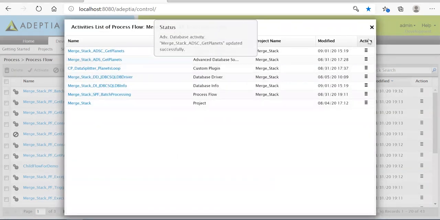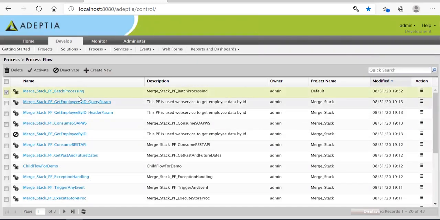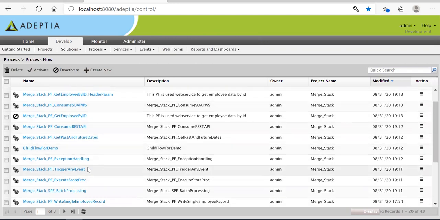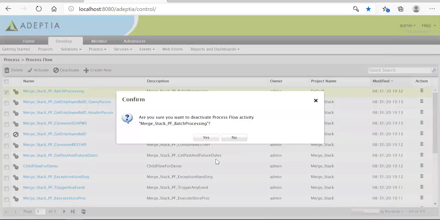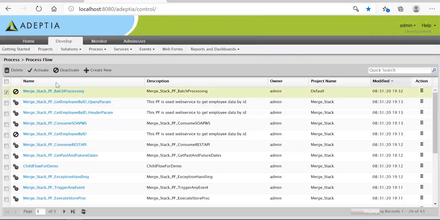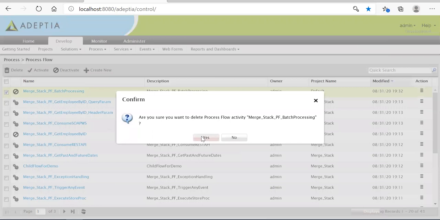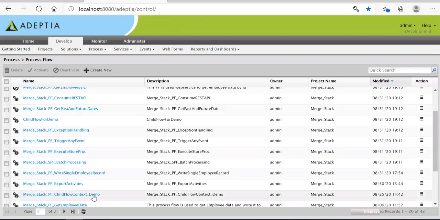Then what we can do is we'll delete this process flow and subflow. Let me check where that subflow is. Let's delete this first. We need to deactivate before deleting this. Deactivated. Let me delete it now. I wanted to show the new artifact as well as the updated artifact. So this SPF, let me delete this also.